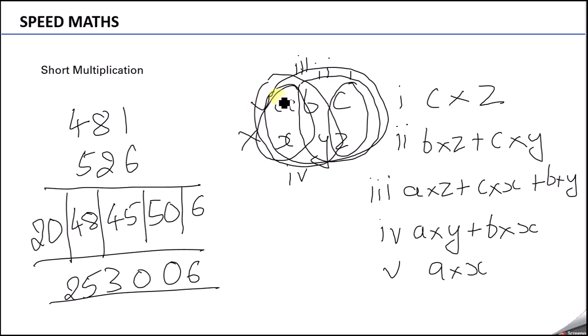So I hope you're getting what I'm trying to do here. If you follow this, I know initially it will be difficult and it will take time to come to the answer or follow the steps, but once you are perfect with this, you will solve multiplication of any number of digits within a few seconds, or minutes if the digits are too many. Okay, this was about the three digit. The final one we will also take is four digit. I don't think you will get any numbers of more than four digits for multiplication in any entrance exams.